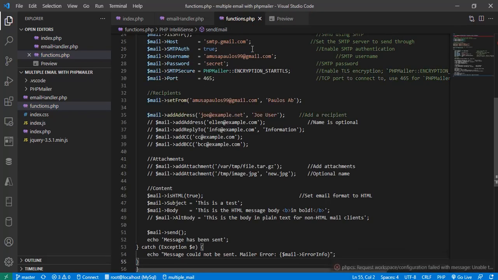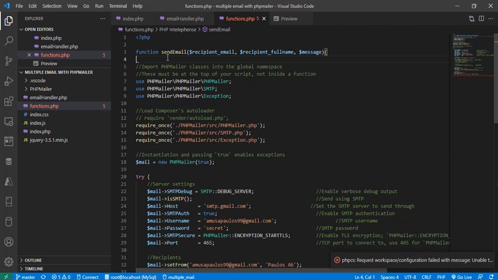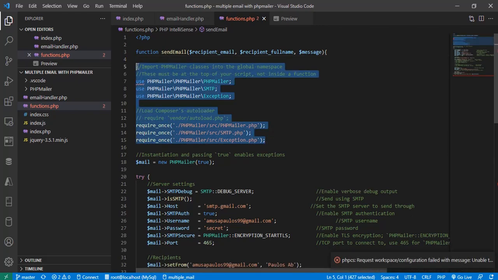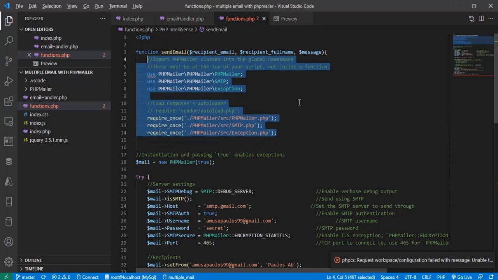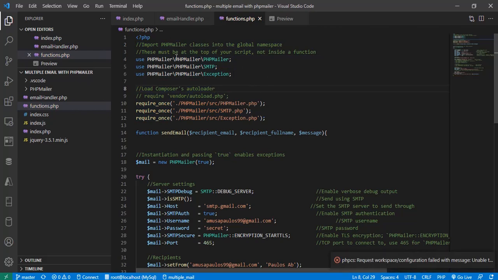Okay, so I'm going to dump everything here, and this is very compulsory. We are going to be moving this outside of the function, because this is going to throw an error. You can't use the PHP use keyword inside the function. It must be outside every scope. Okay, so having done that,